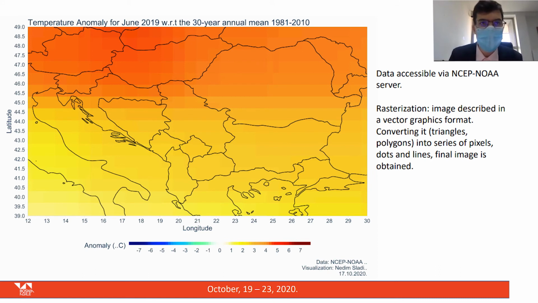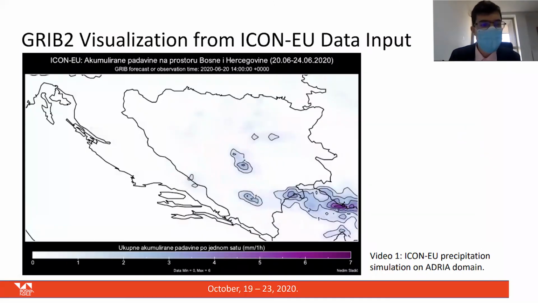To get more specific, after netCDF4 files, we have GRIB2 visualization, but this time I did the GRIB2 visualization from the ICON-EU numerical weather model. So I had an input from ICON, but I did it in Panoply. Why Panoply this time? Well, because GRIB2 is still not that developed for R and Python. Yes, they are in the process of development, but still most forecasters are using Panoply in order to visualize GRIB2 data. So for example, this is the visualization of